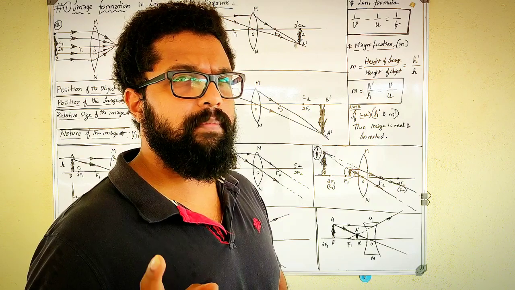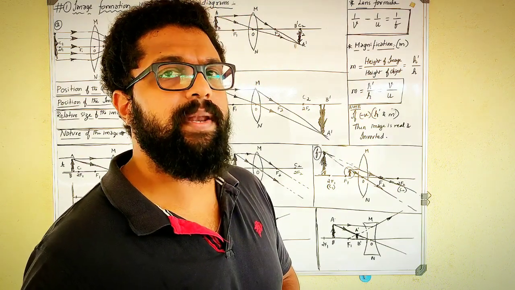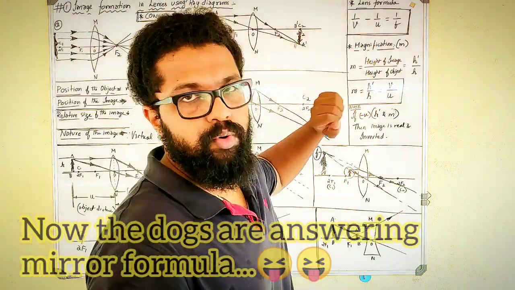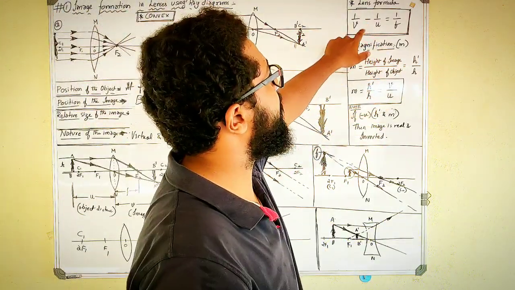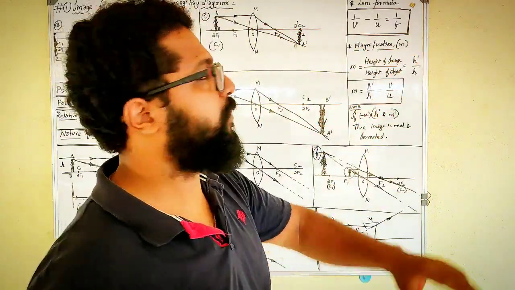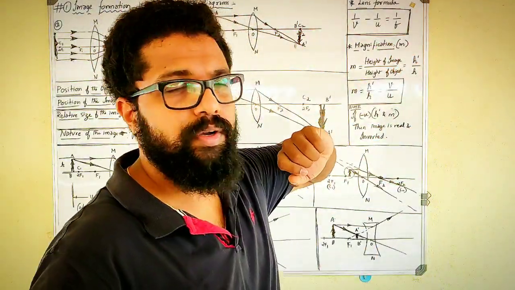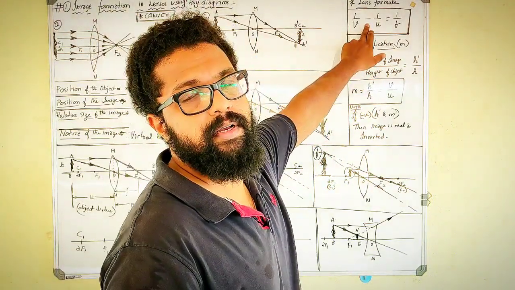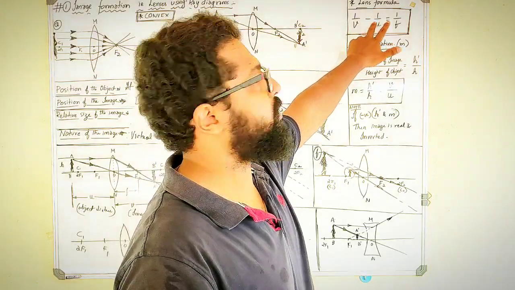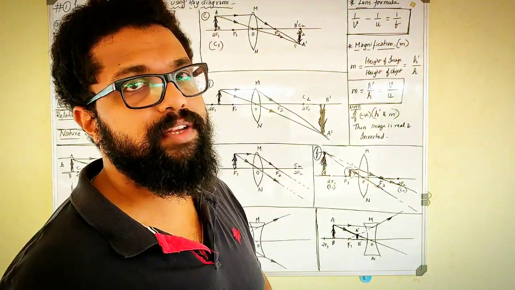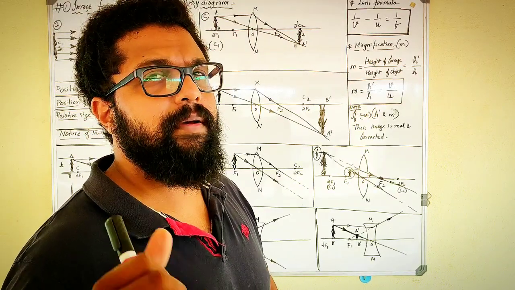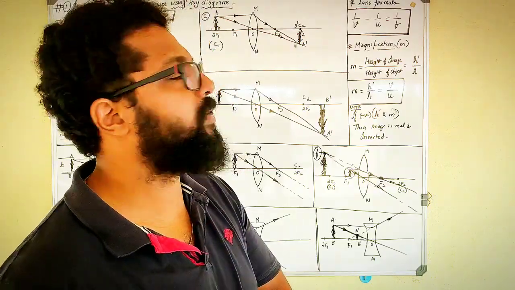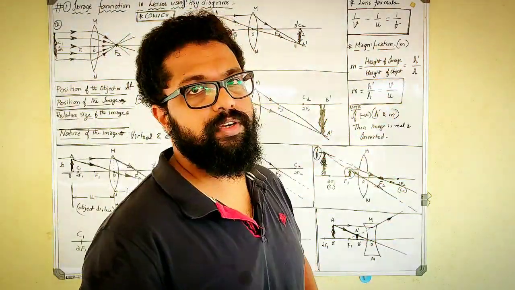You remember in the mirror formula it was 1 by V plus 1 by U is equal to 1 by F. Here in the lens formula it is just a minus symbol: 1 by V minus 1 by U is equal to 1 by F. Okay, so there is just a sign change between 1 by V and 1 by U. That is the change in the lens formula, but a major change. Many people get confused. In mirrors it is plus, and in lenses it is minus. So remember that clearly. This is the lens formula which you need very much.